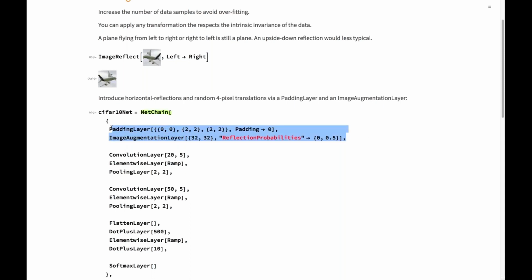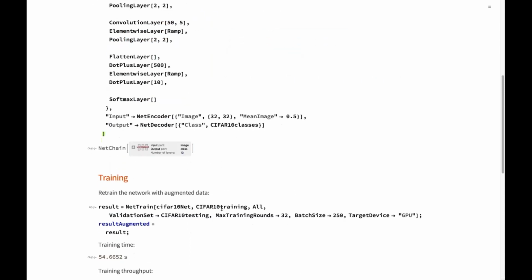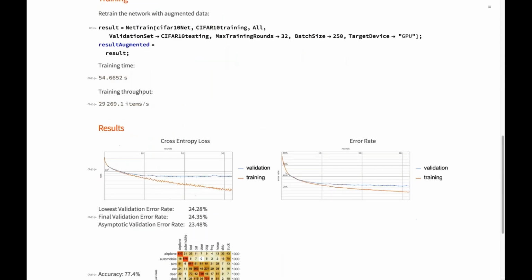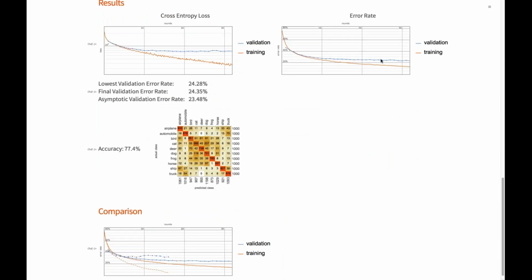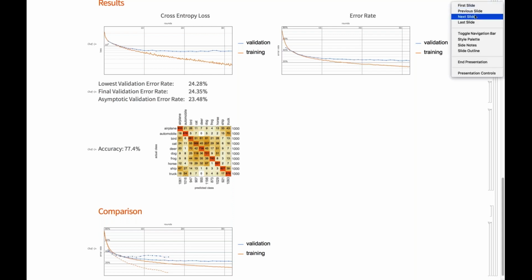All right, so basically on the fly, I have more data than the 50,000 that I had initially. If I were now to train this, which I won't do because it takes time, you will see that the error rate has gone further down. Just for comparison, I did have to train it a little bit longer because I essentially had more data. You could see that it did do better. You see that blue validation line, the error rate, goes down further than the other one, which was somewhat stuck at this level around 30%. All right, so that's the first trick. Next trick.